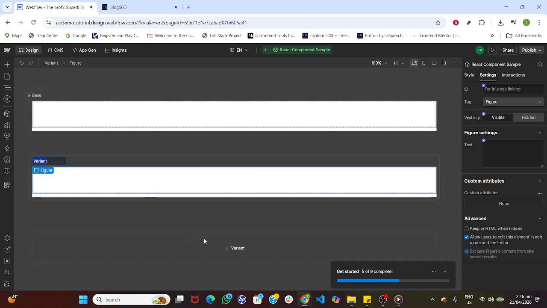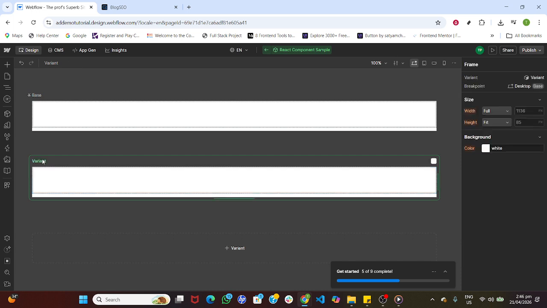Save your changes, return to the designer, and publish the site to a staging domain to test. Open the published link, inspect the page, and verify that your component mounts